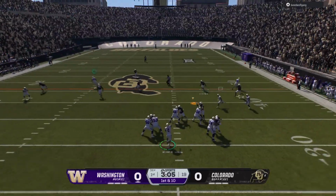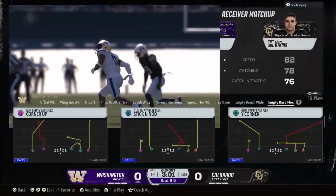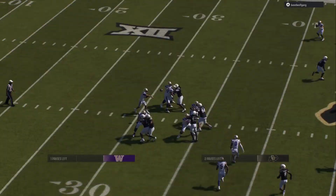Wants to throw on first down. Makes the grab. It's Green. I like the decision by the quarterback here. Just get the ball out of your hands, get it to your playmaker. A lot of times he'll dance and make even big...